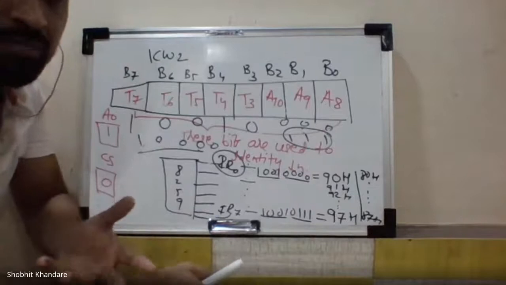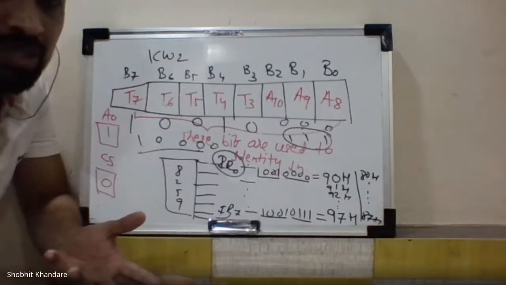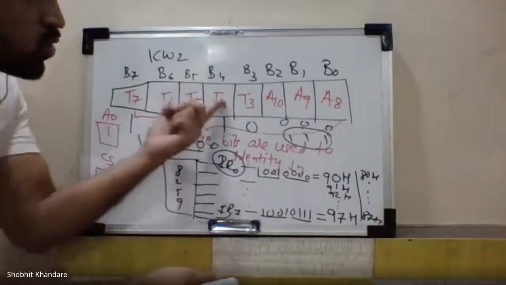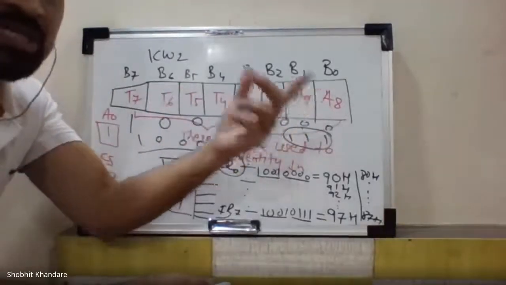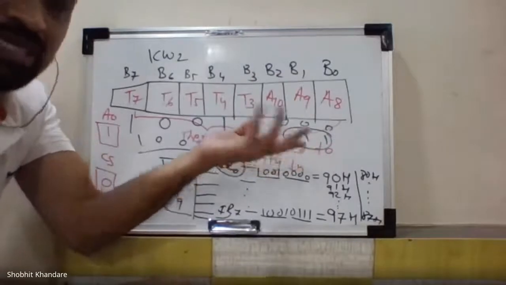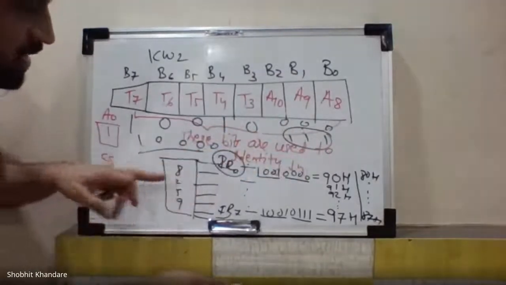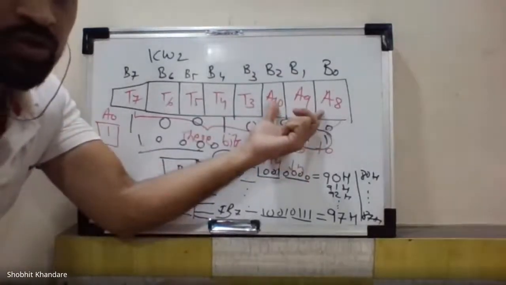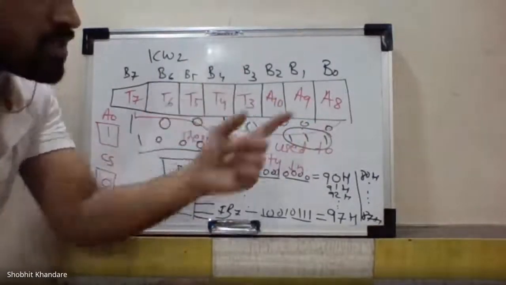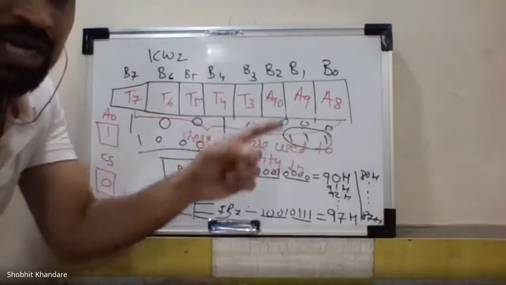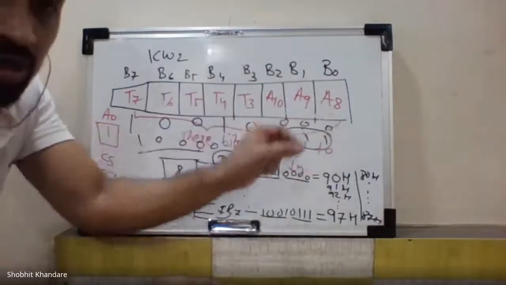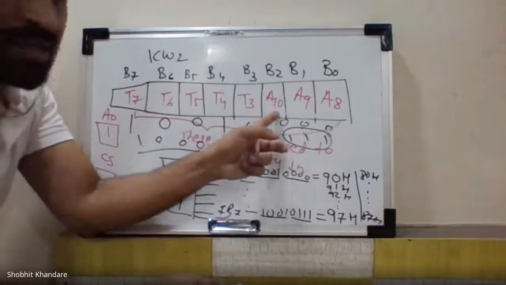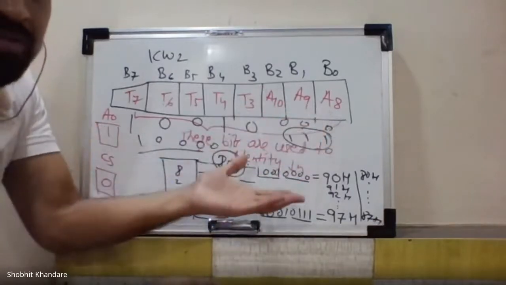How do you get the maximum combinations? Just use these 1, 2, 3, 4, 5 bits as programmer bits, and use these 3 bits which are inserted by 8259. Automatically they will be inserted. So for IR0, these 3 bits will always be 000. For IR1, these bits will be 001. For IR2, these bits will be 010 dot dot dot. For IR7, these 3 bits will be 111.